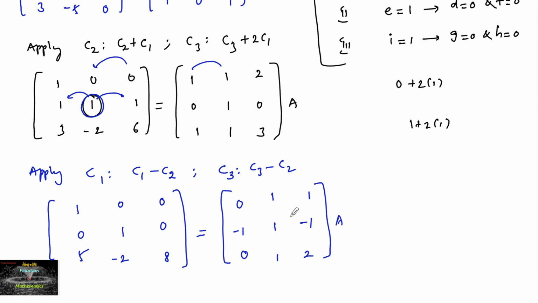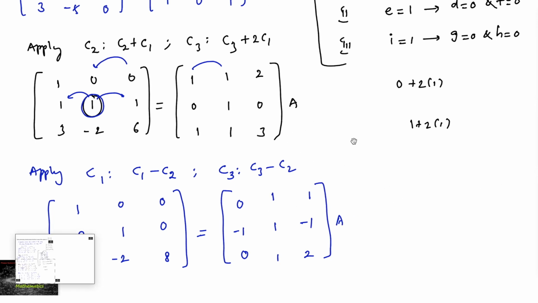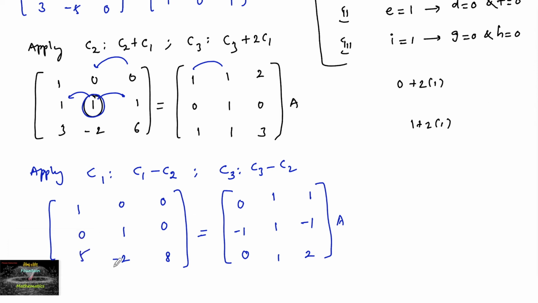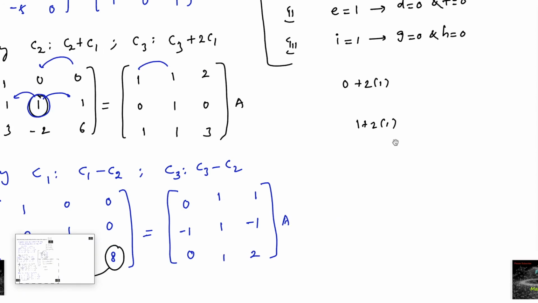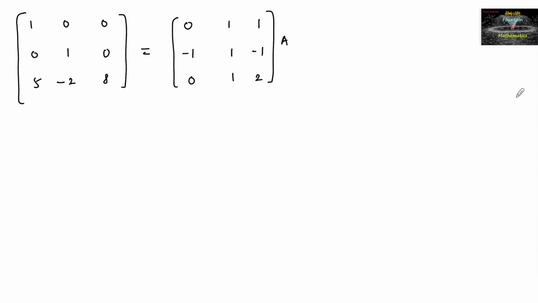So we are done with the second step, and the last step, third step, we have to make this 8 as a 1, and then remaining should be zeros. So let me copy this, the same I have copied here, and now let's apply column 3 1 upon 8 times of column 3, so that you will get 1 first column as it is, second column as it is, and third column 0 upon 8 0, 0 upon 8 0, and 8 upon 8 is 1.